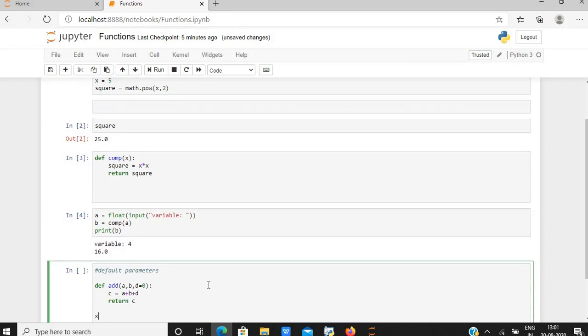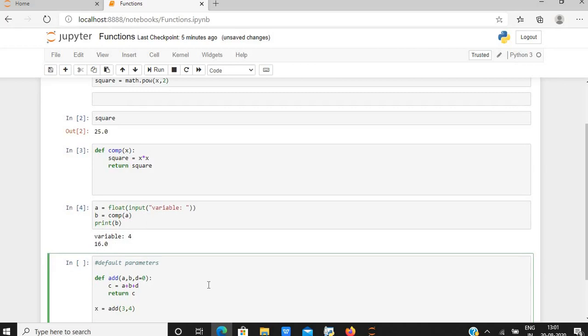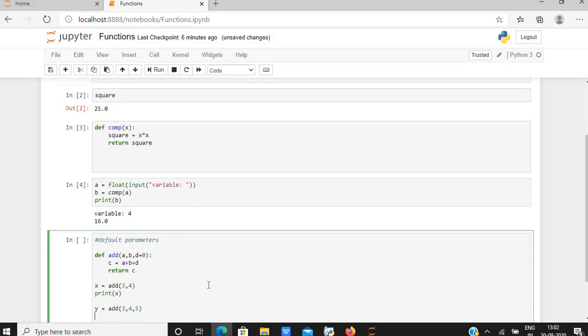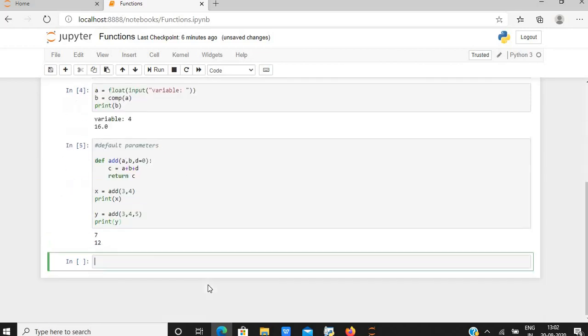Now I'll be calling my function x is equal to add(3, 4), print x, and y is equal to add(3, 4, 5), print y. Let us first run the code and then understand it.